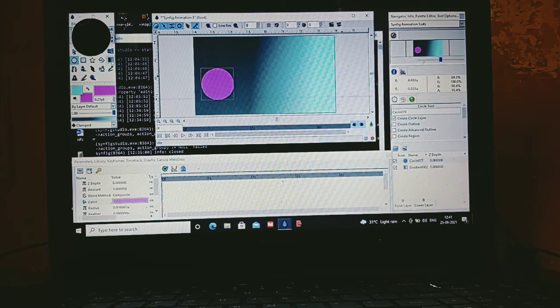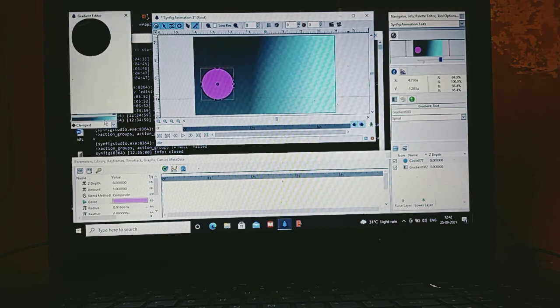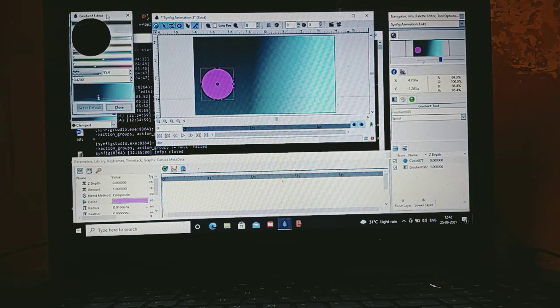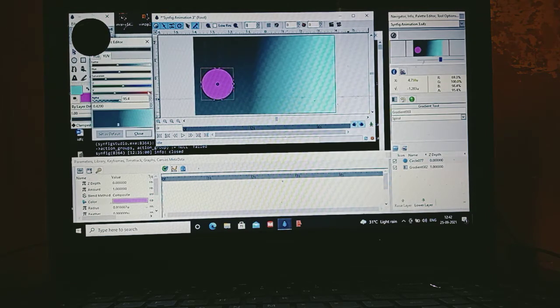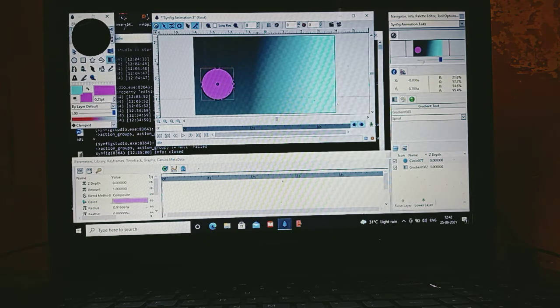Here I will be giving this a gradient effect, but a spiral gradient effect. Radial or spiral, it's up to you. I will be giving it the spiral one. So I've selected the spiral one, and now again from here you have to choose the color you want for the spiral one. Okay, I feel this one is good. Let us see. Again the thing is the same, you have to draw that line only.